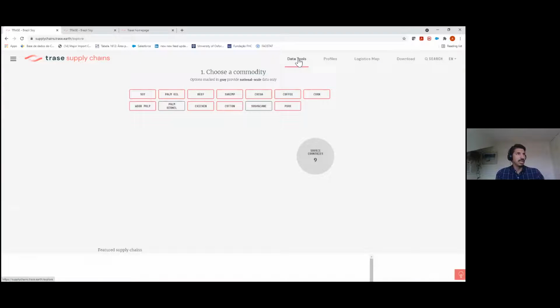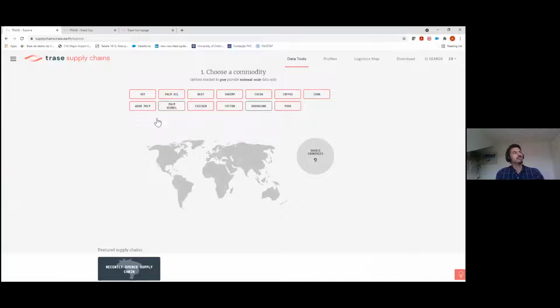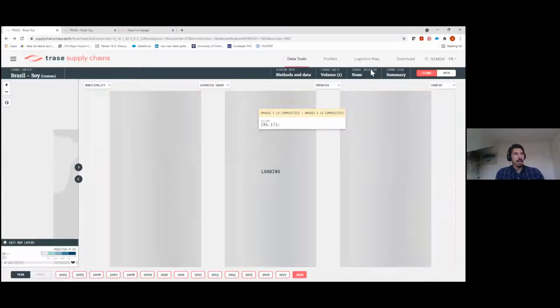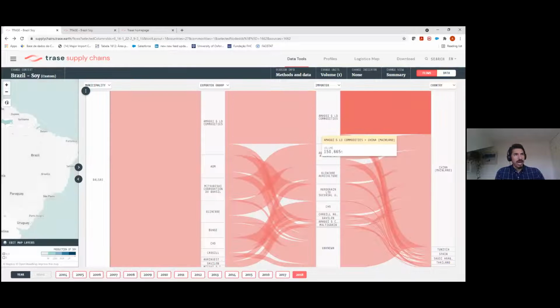Just to mention, I'm showing just the soy supply chain, but we also have information for palm oil, beef, shrimp, cocoa, all around the world. Right now, the idea is to map most of the commodities that are linked to deforestation. The ultimate goal is to map at least 70% of the commodities that are linked to deforestation in the different areas. So if I just go back there,